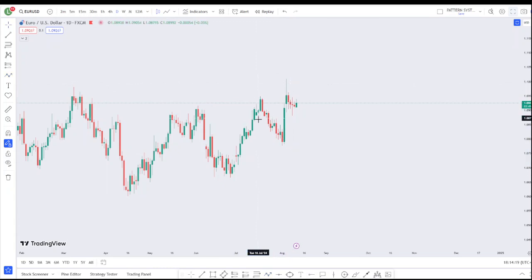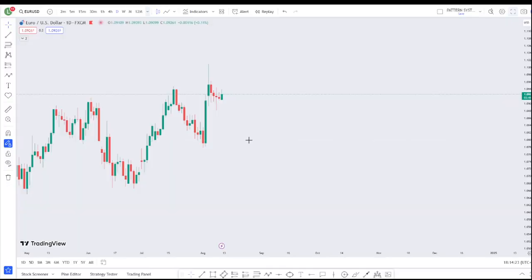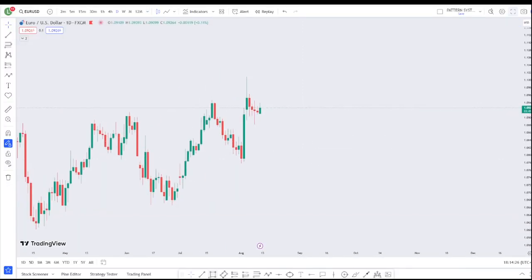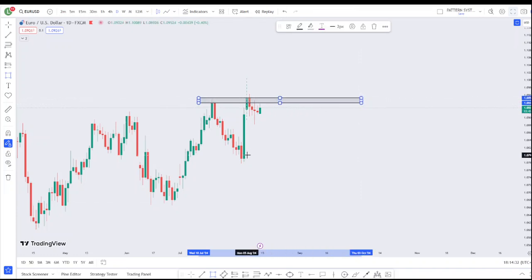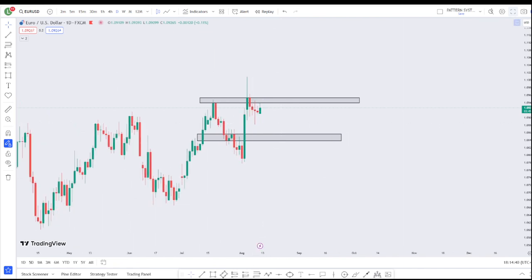Now, as a result of that, the next step is to establish our major key level zone. So looking at this zone here, since the major structure is bullish, what we're expecting is to establish our major key level zone around this zone here, and our major key level zone around this here as well. These are the two areas that we're anticipating. So what is going to happen now is to wait for price to take out this resistance here. Then we wait for a retest around this zone, we take a buy opportunity,